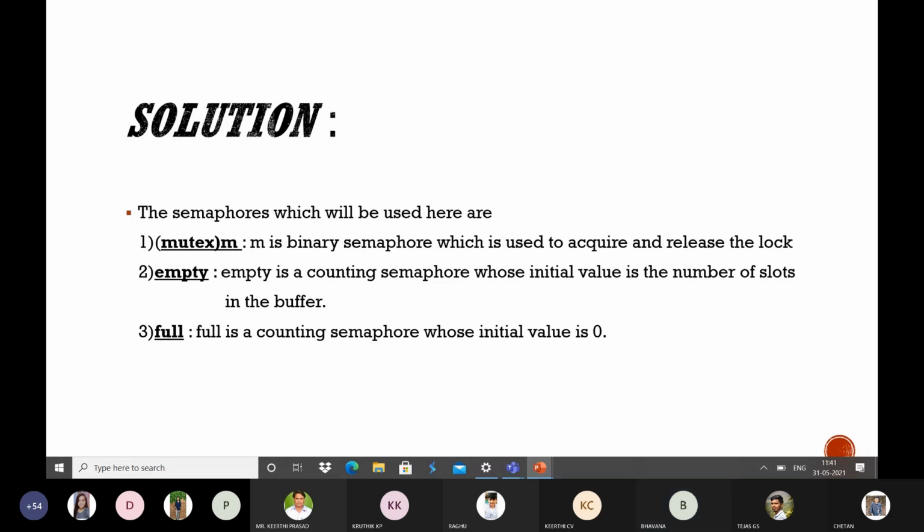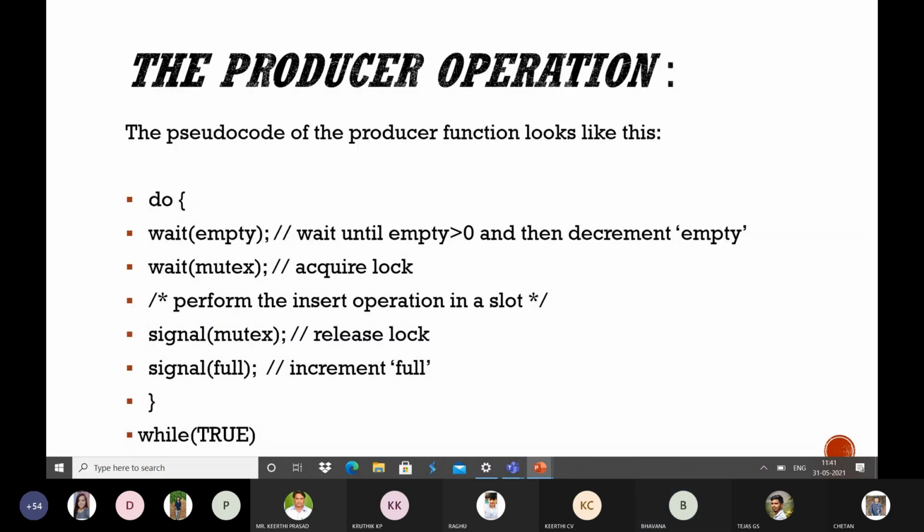This is the pseudocode of the producer function. Looking at this code, we can see that the producer first waits until there is at least one empty slot. Then it decrements the empty semaphore because there will now be one less empty slot.